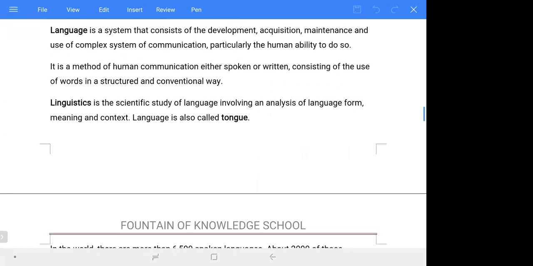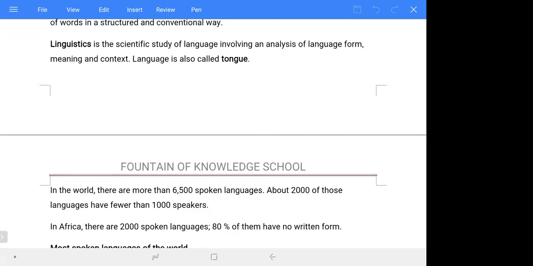Then we have a science to study the form, meaning, context, and so on. That science about languages is linguistics. And in other words, for language, you can say tongue, yes? To ask what's your first language, you say what's your tongue, or first tongue. So tongue is the other word you use to say language. So the science is linguistics,